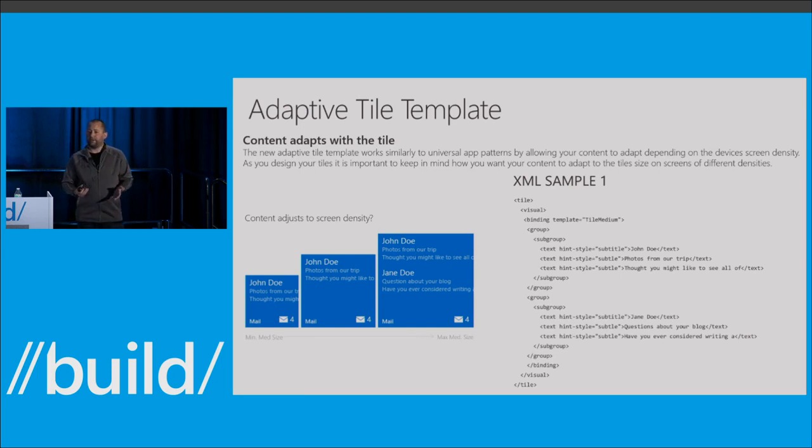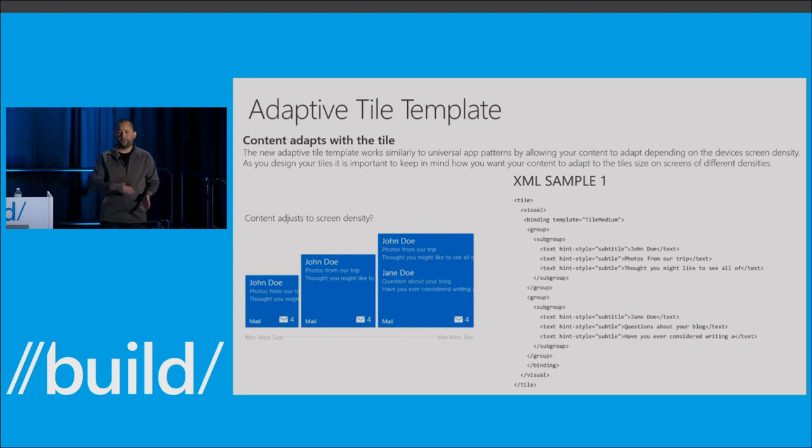We still use XML for our templates, so we still have a basic XML layout that you use. And there's a couple of key things to point out here to make this situation work. So if you look at the groups and the subgroups that I've got here, groups are about semantically binding information together. So for example, in this email case, John Doe's email and then the first couple lines from John Doe's email makes sense to be displayed together as a group. You want your user to see all of that content together because it just gives a better experience. And then Jane Doe's email is the same kind of thing. You'd really want to have all of her email content shown together.